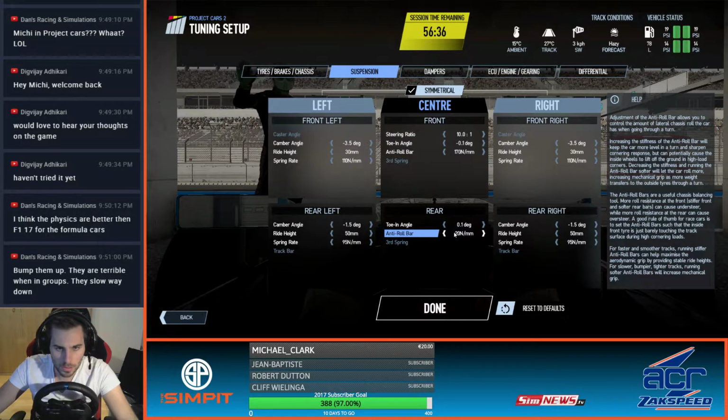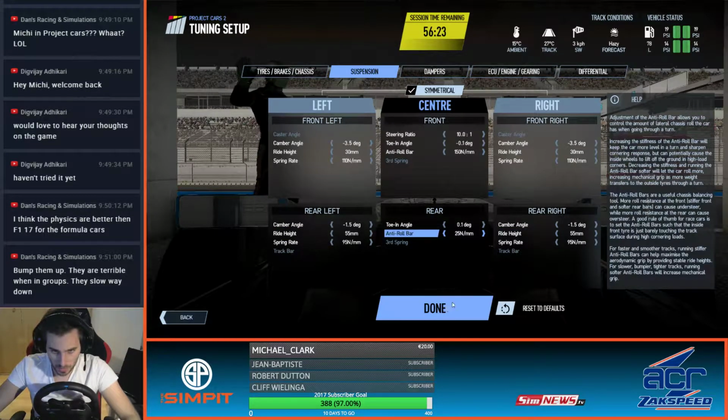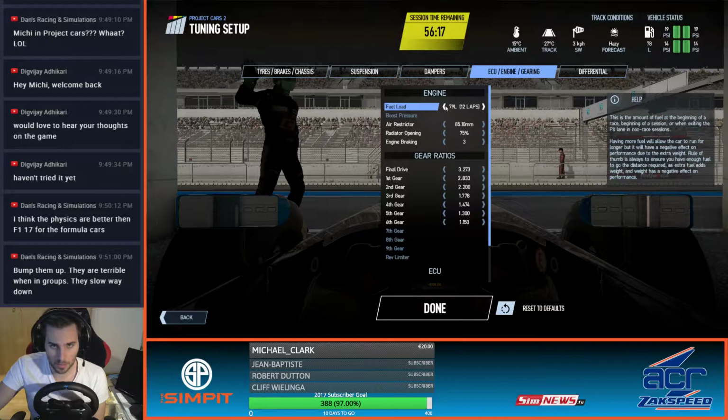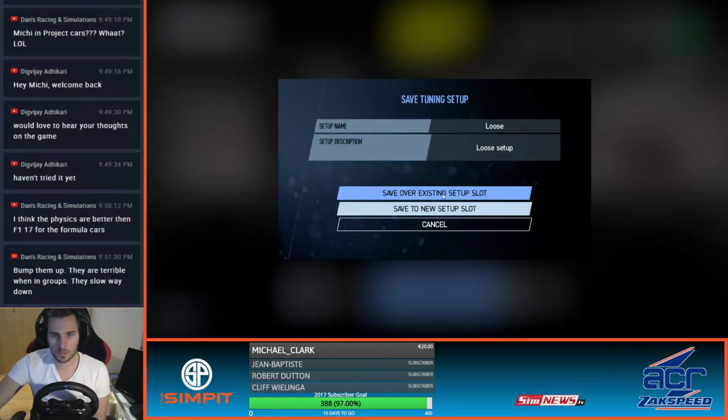Suspension. With a soft anti-roll bar, which is fine. Camber angle looks good. To my personal understanding, that's not a bad setup. Not at all. Like currently looking exactly what I was looking for. So this is 10 laps of fuel,